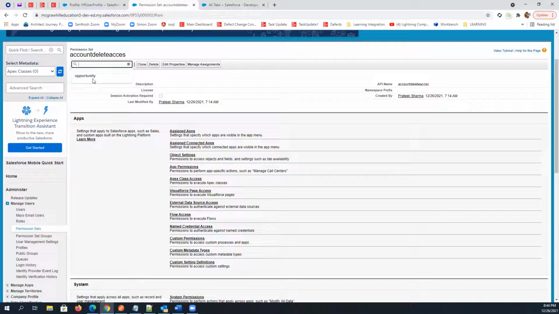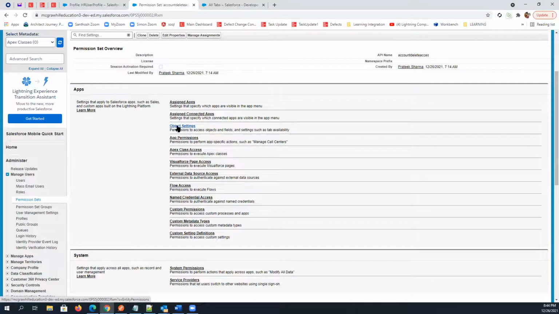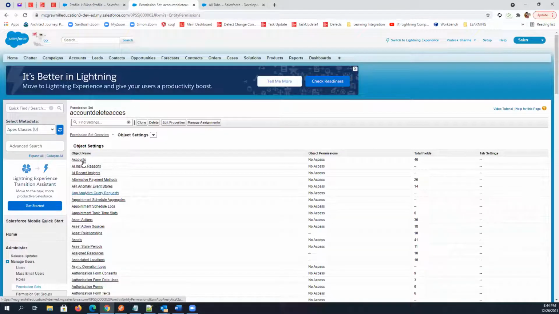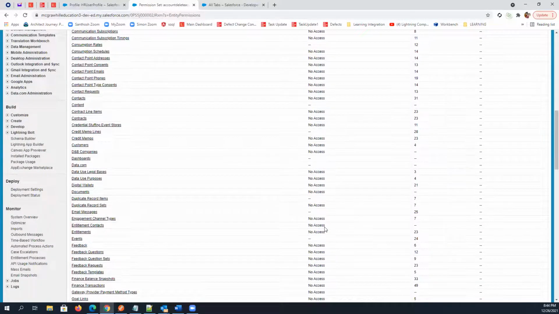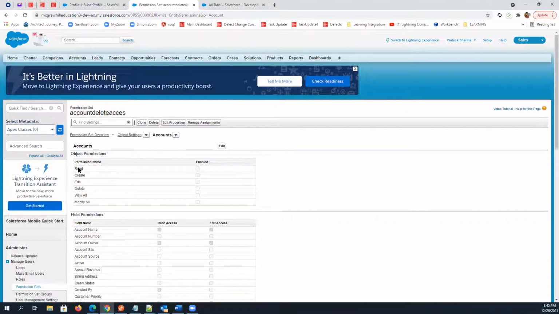We have different sections of permissions you can find. Let's say you want opportunity access, account access, or any permission that you want to give using a permission set: you can simply type the name here and it will come up. We are just giving the object access, so you can go to this section, object settings. These are the same sections we have in the profile, so you can pick one by one. Now we need to give the access on account. You can see for every object it has no access, so it is entirely blank. I'm clicking on account because I need to give the access on the account object. These are the permissions we can give, so I'm just editing it.